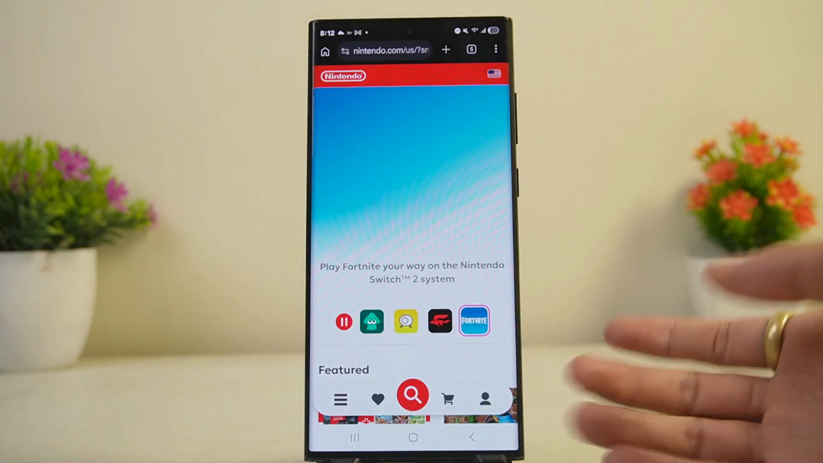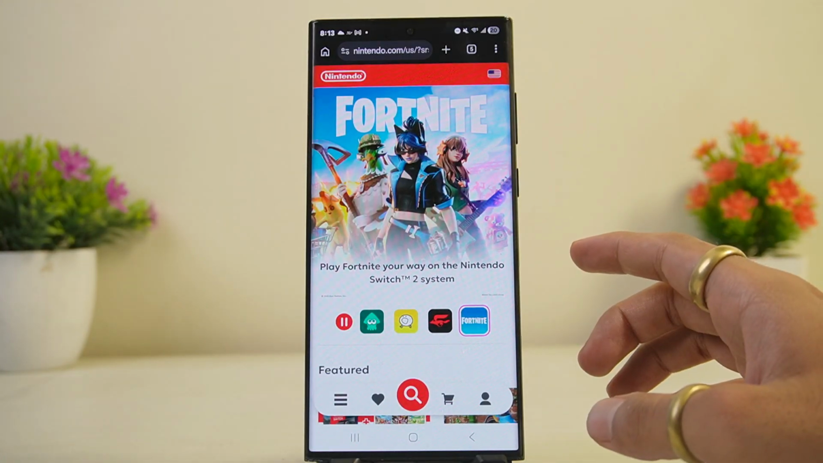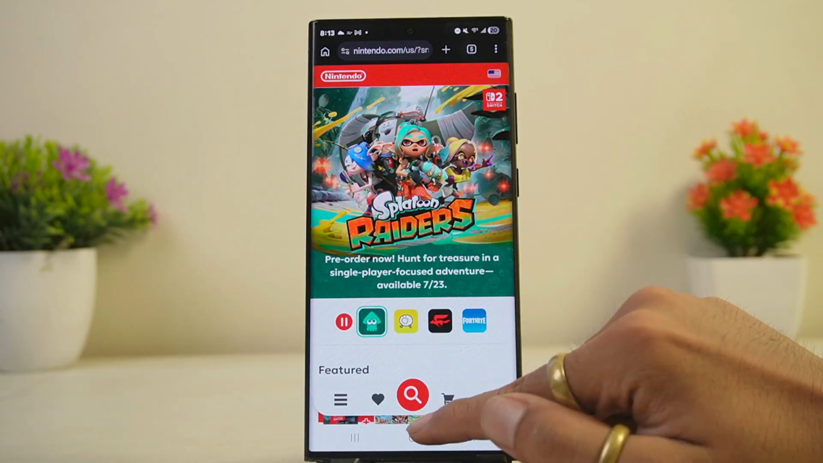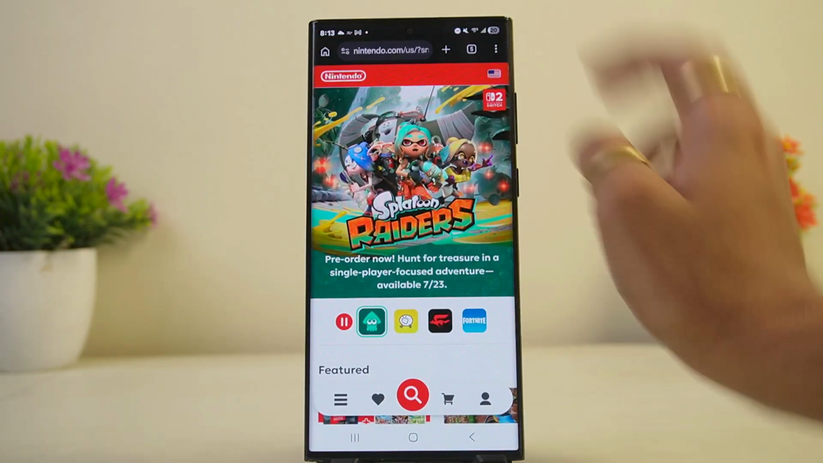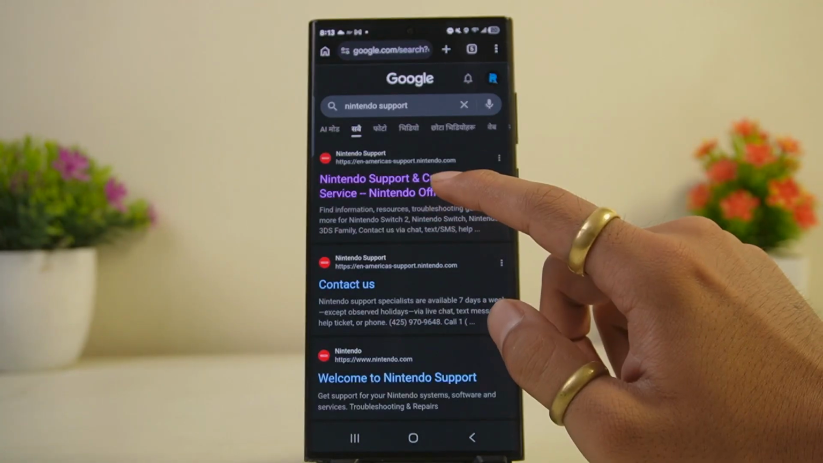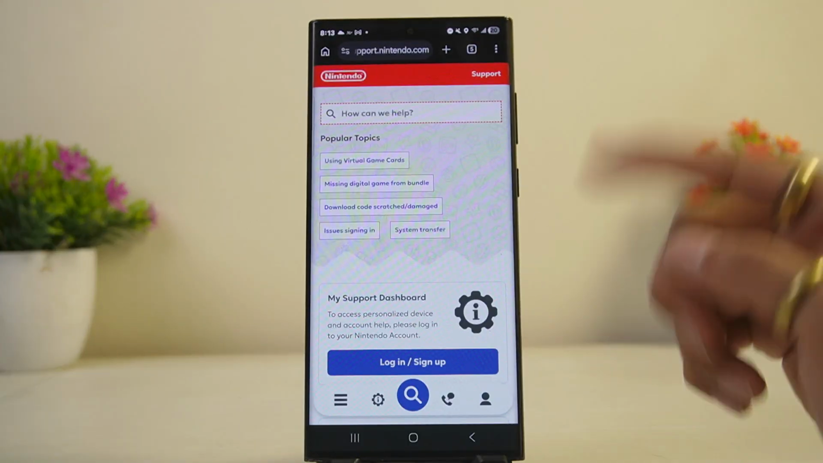How to get Nintendo Refund 2026. To request a refund, you simply have to log into your profile on the official Nintendo support portal. So go ahead and launch any web browser of your choice, tap on the search bar, then type Nintendo support. Once you're here, you simply have to go ahead and open the official website, then proceed to log into your